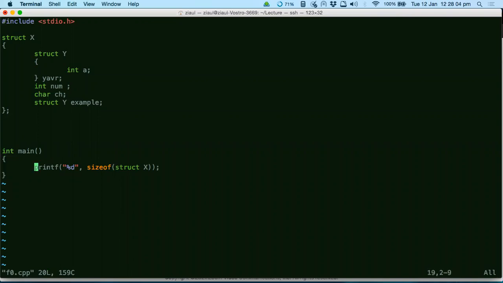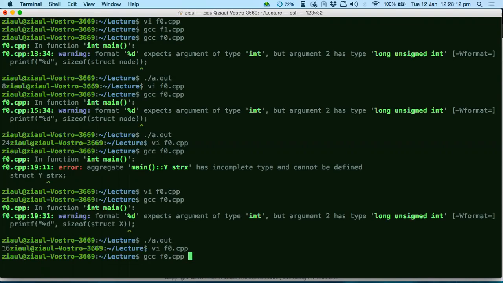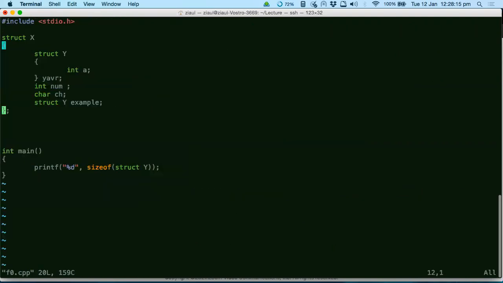No, you cannot do size of y, Shantanu, because y is not visible. It is out of scope. No, I meant, if the scope allows for it, can you take the size of a structure? How is size of struct y different from struct x? It's the same thing, right?